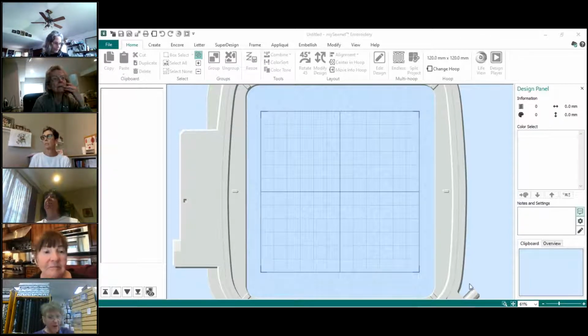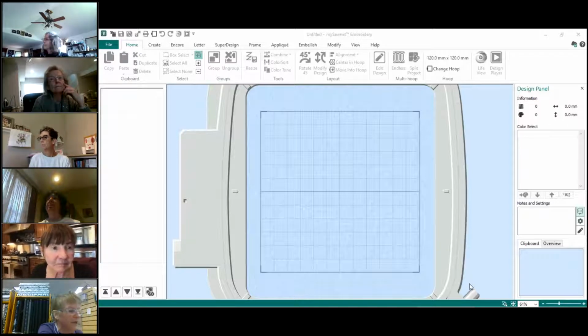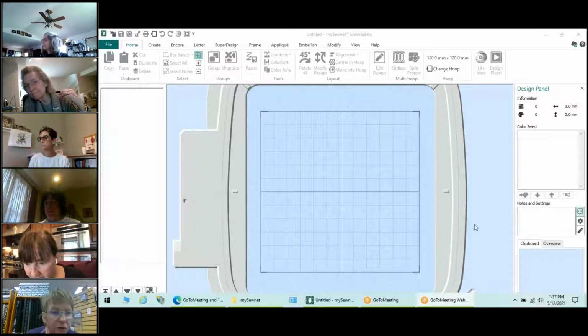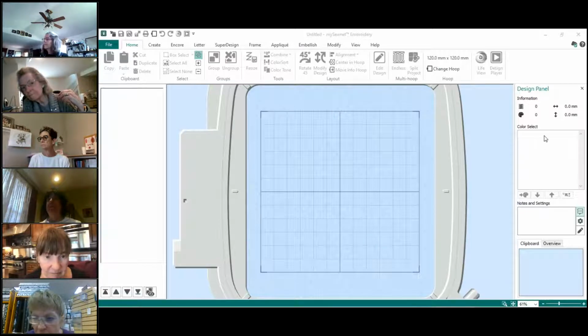Okay, so the first thing, let me just remind you real quick, the software version that we should be on is 1.1. Because I had to download it on another computer yesterday, so I'm just reminding you. Okay, so you're going to go ahead and open up your SewNet,